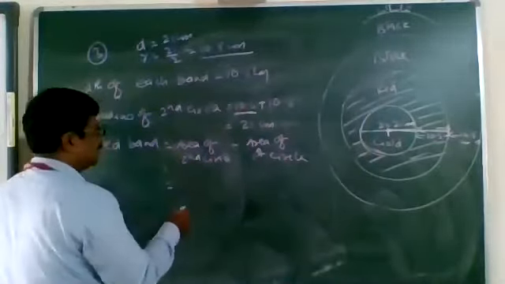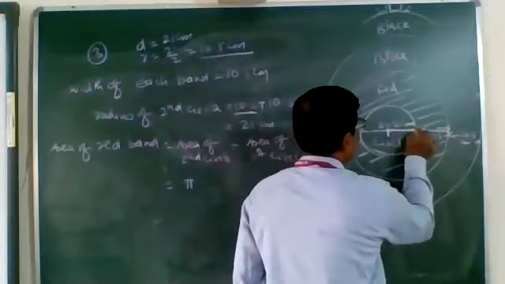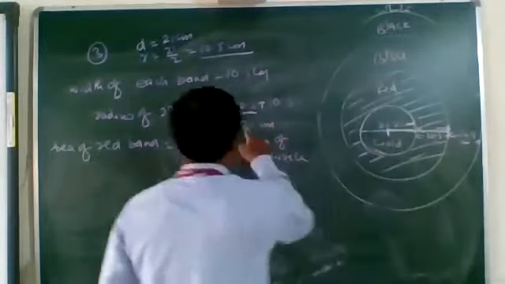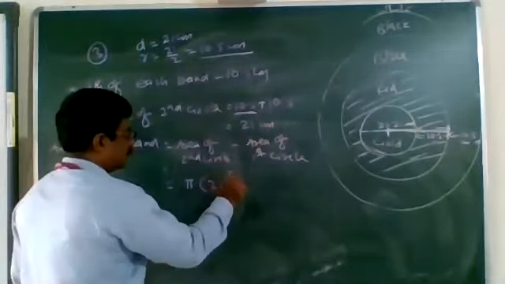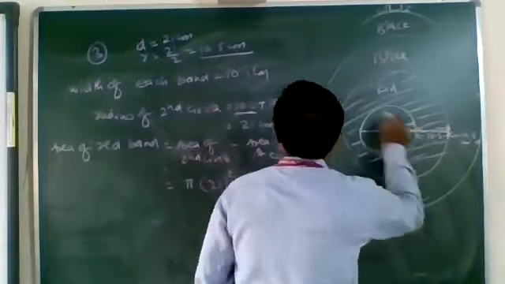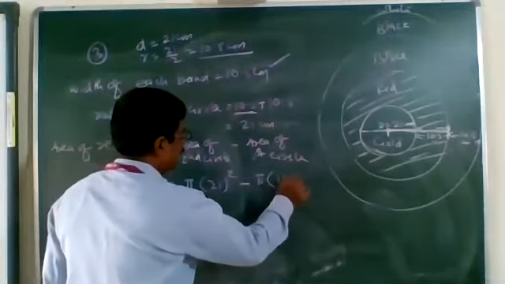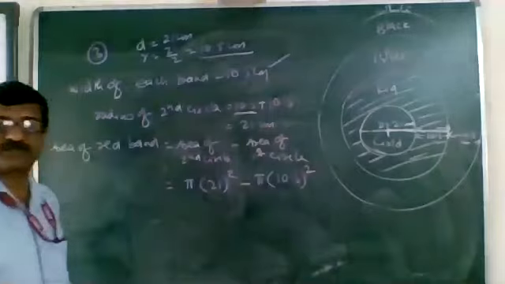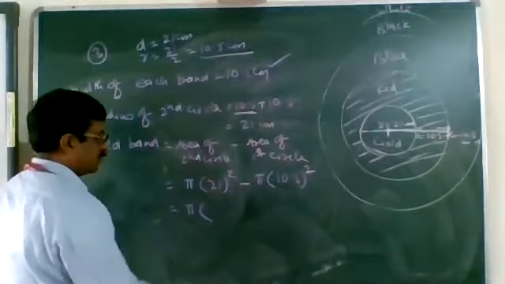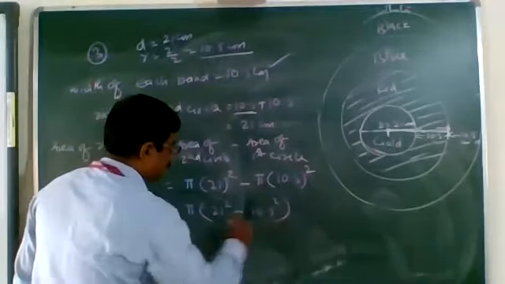Here we have taken the second circle, pi into the radius of the second circle. Here we got 10.5, here we got 10.5. In total we got the radius of the second circle as 21 centimeter. Minus the first circle's radius, 10.5, which we already have. Area of the smaller circle is pi into 10.5 whole square. Pi we can take common. 21 square minus 10.5 square.